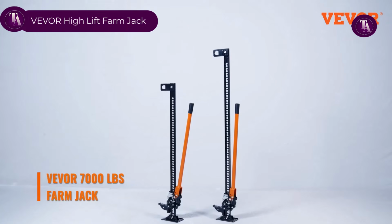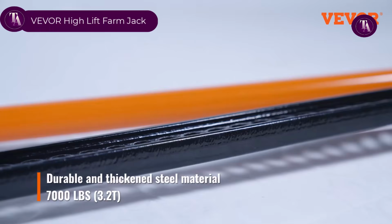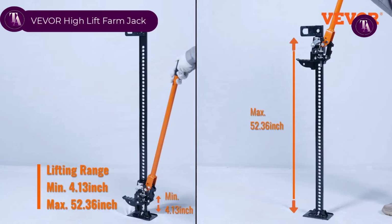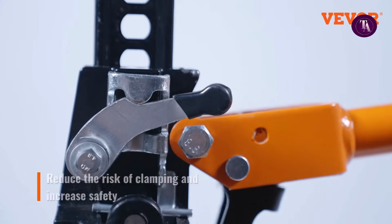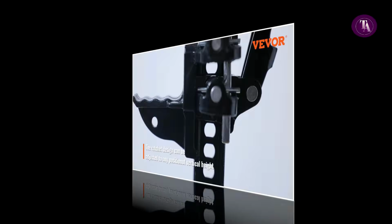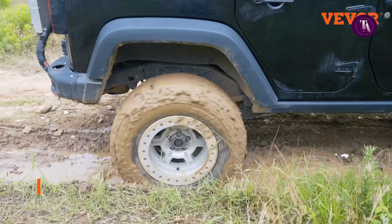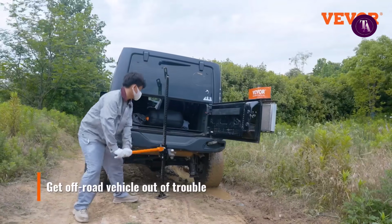VEVOR High Lift Farm Jack. The VEVOR High Lift Farm Jack is a heavy-duty, multifunctional manual jack crafted from high-quality, rust-resistant steel, designed for tough lifting tasks. It supports up to 7,000 pounds and offers a wide lifting range, making it ideal for vehicles, farm